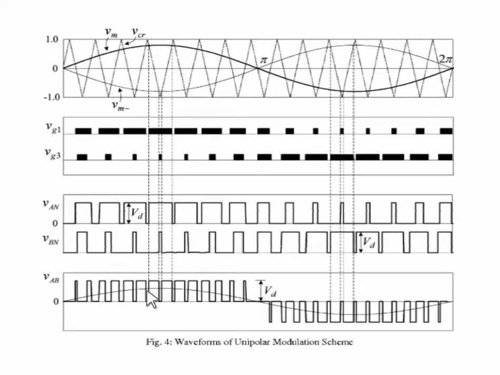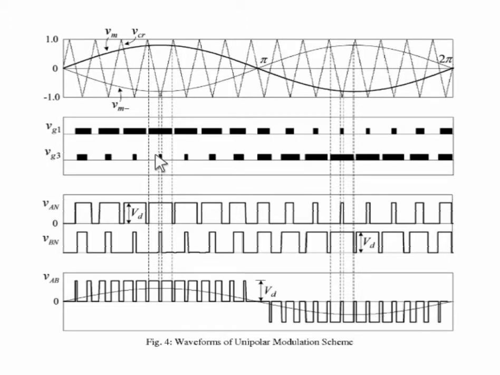If we take the average of these pulses, where there is no pulse it is 0. The pulse width is increasing, so the magnitude is increasing. At this point the pulse width is very high, so it is the peak value, and then it decreases further. So the average value of this kind of pulses is near a sine wave, which reduces the harmonics to a very small magnitude. First we understand what unipolar means. Unipolar means that at the output side we get unipolar pulses: for the half cycle it is positive pulses only, and for the negative half cycle it is negative pulses only. So it is known as the unipolar modulation scheme.